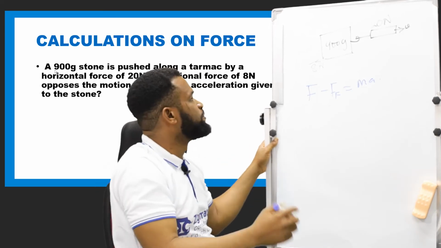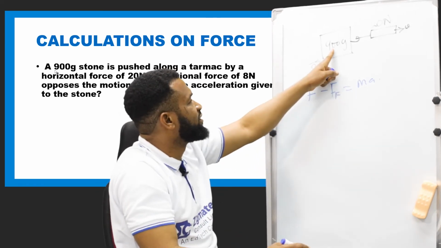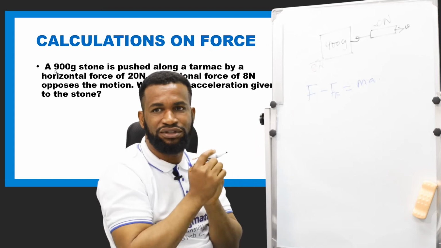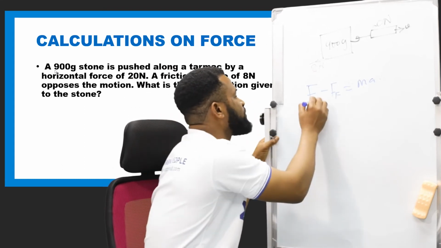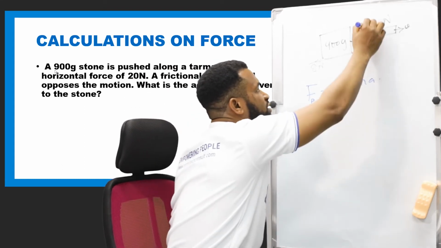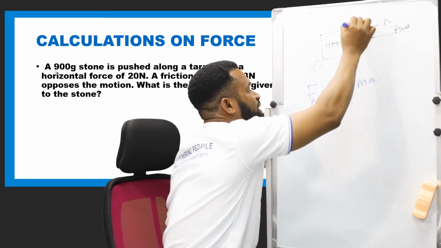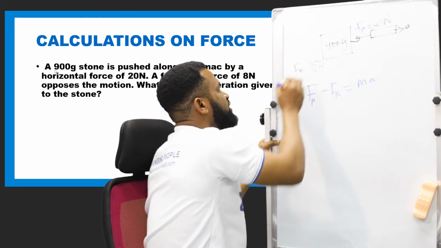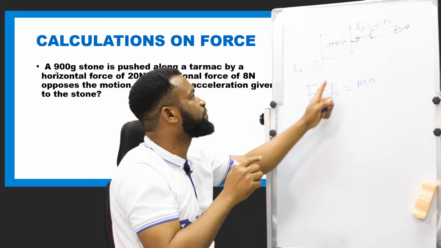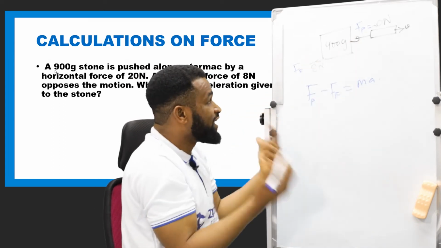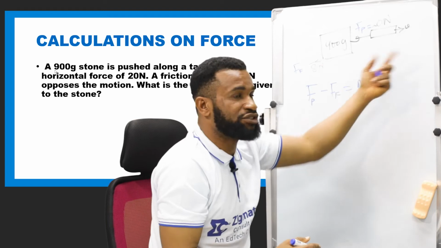The force is mass times acceleration. But then this force is the applied force. Let me put it as FP, which is equal to this one, FP. That is the applied force, and this is the FF, which is the frictional force. So the applied force, because you see at the end, this body will still move in this direction, irrespective of